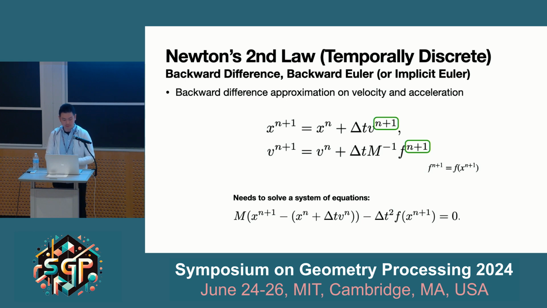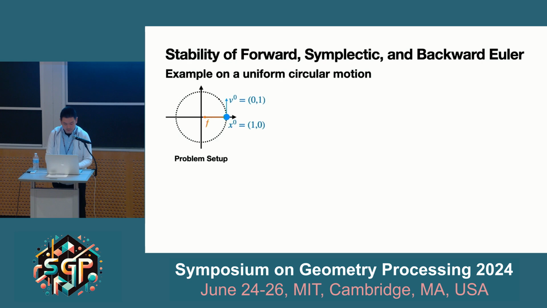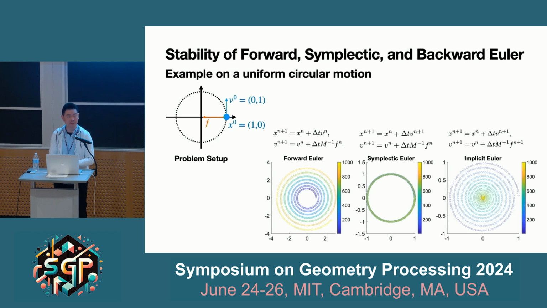So the question may be: why don't we just use those simpler forms? The answer is that they have different stability properties. If we use uniform circular motion as a testing example and run different time integration methods on it, we find that explicit Euler will just explode with even a very small time step size. And the symplectic Euler formula, which uses both forward and backward difference, will be stable and very accurate because